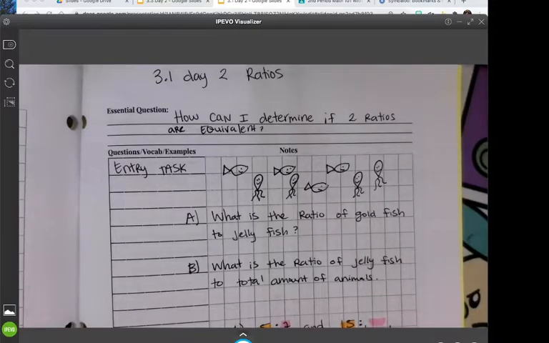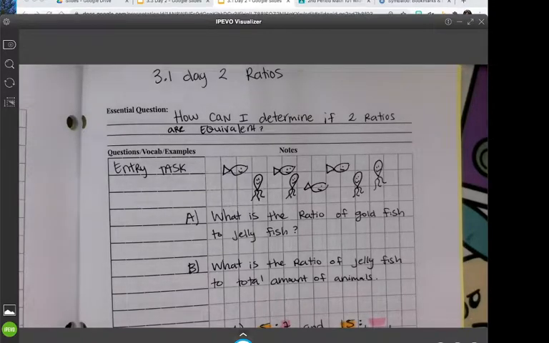Alright, so this is the video lesson for 3.1 day 2, ratios. This happened on a Friday. The essential question: how can I determine if two ratios are equivalent? We dealt with a little bit of this yesterday. So today we will be checking if two ratios are equivalent and then finding the missing number that makes